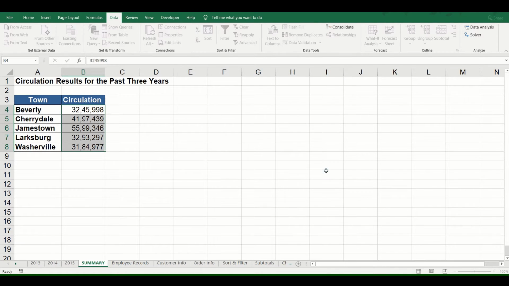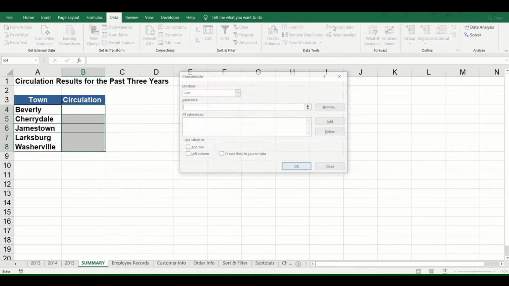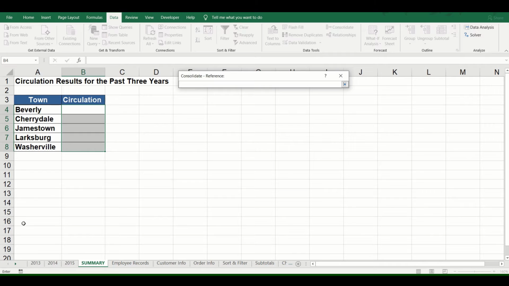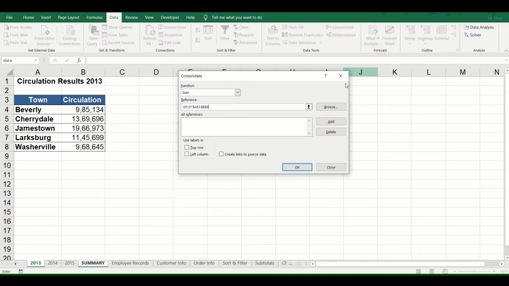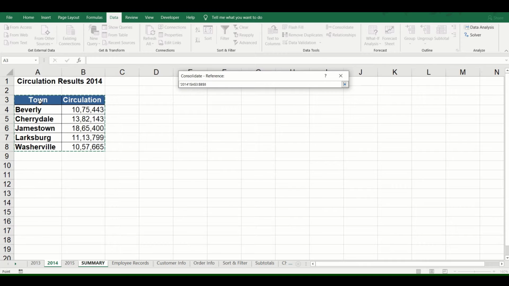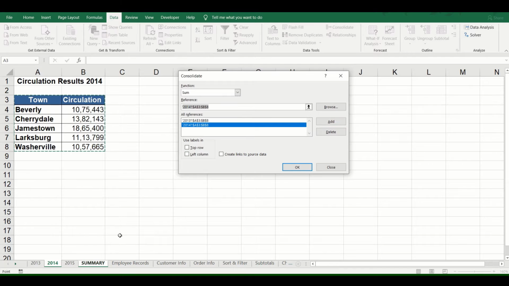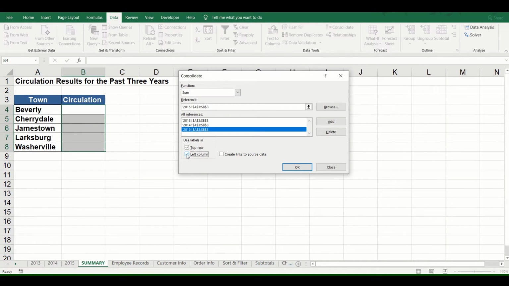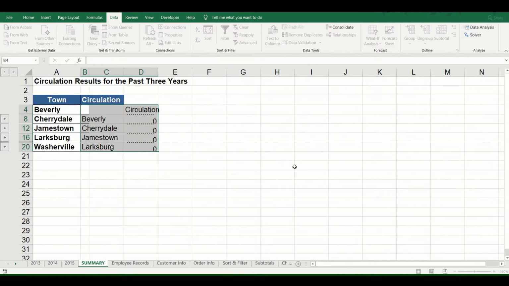ठीक है. Just a second, I'll just delete this. So I'm going to my consolidate option. I'm going to say my reference is 2013 में जाके I'll select this entire table and I'll add it. 2014 में I will add this table, and in 15 I'll just add this table. ठीक है. So I'm going to say my labels are there in top row as well as in left column. I'm also going to create a link to source data. If I'm going to say OK,